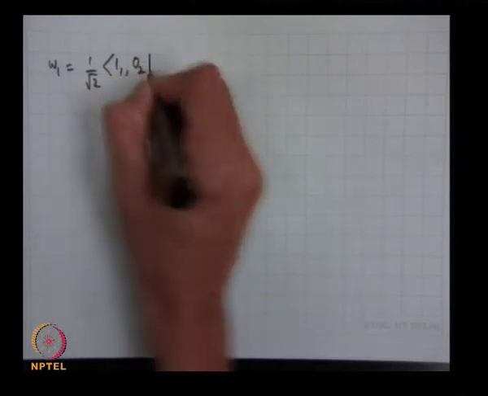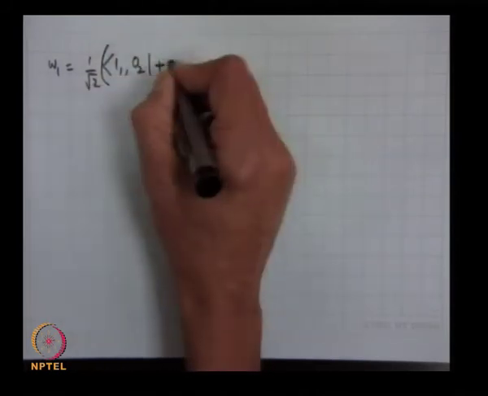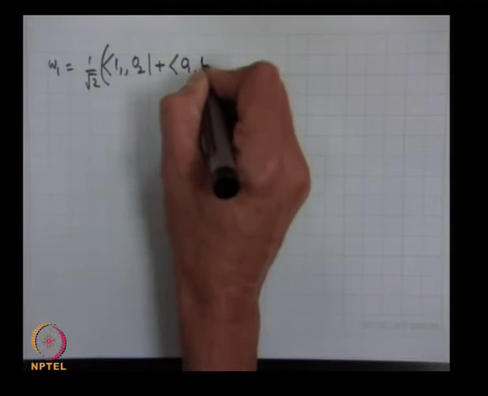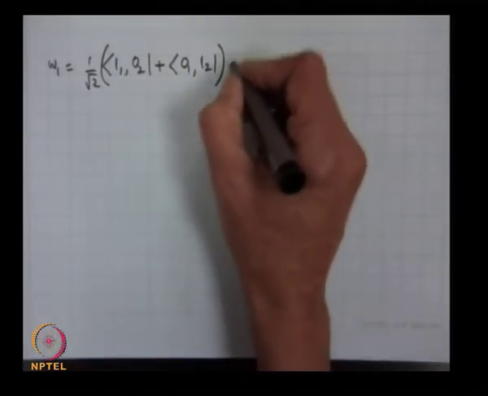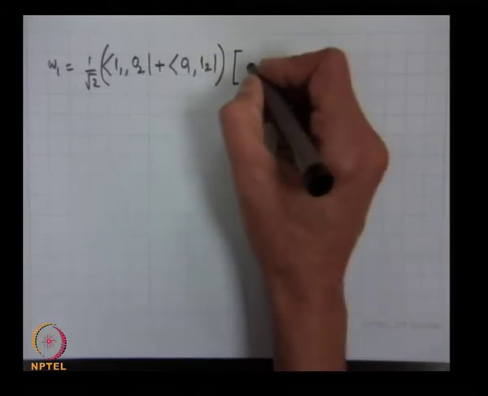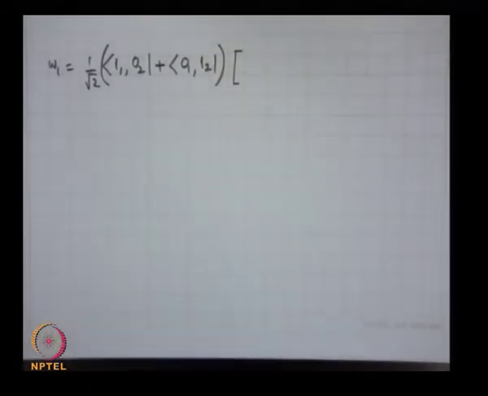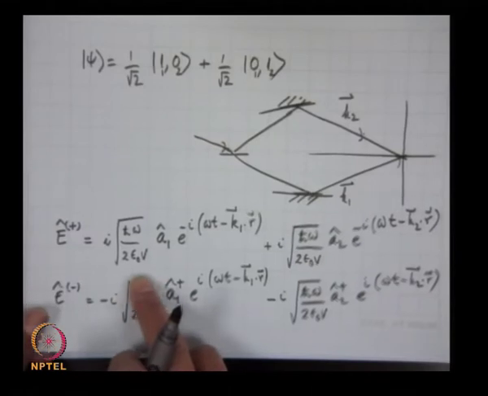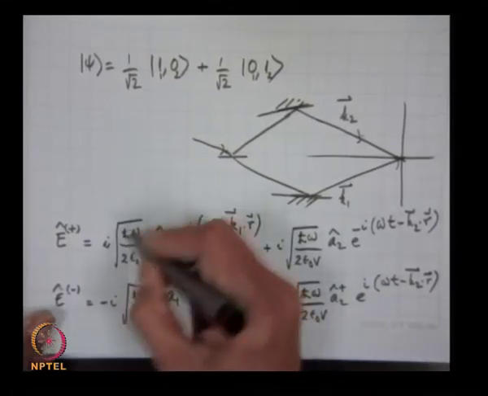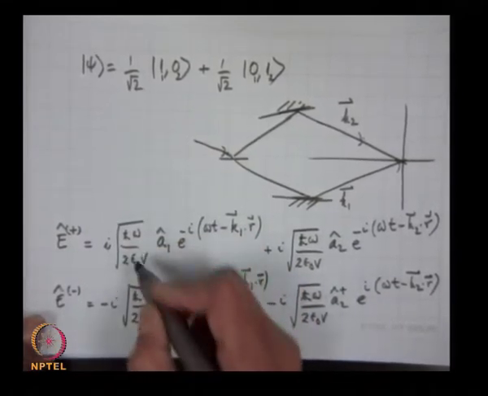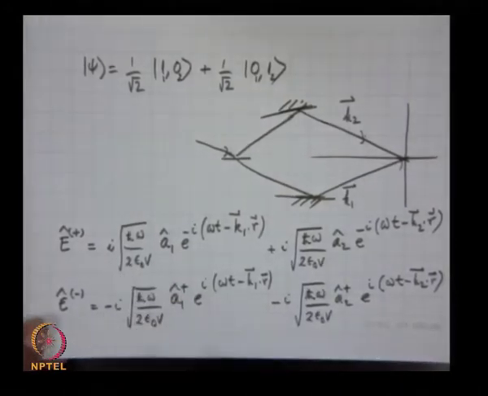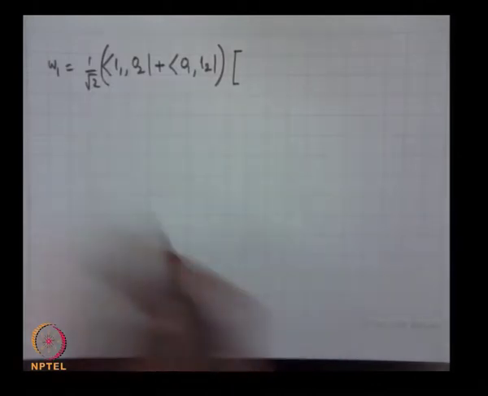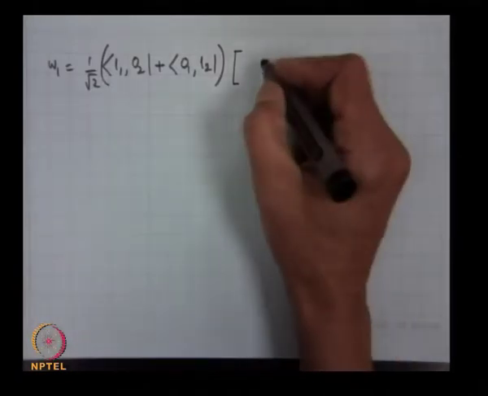1102 plus 0112. Now I have this factor, the square root of h cross omega by 2 epsilon 0 V. This is a common factor, and this is the same in E plus and E minus. So I will get an outside factor which I will write later. Okay, so I have